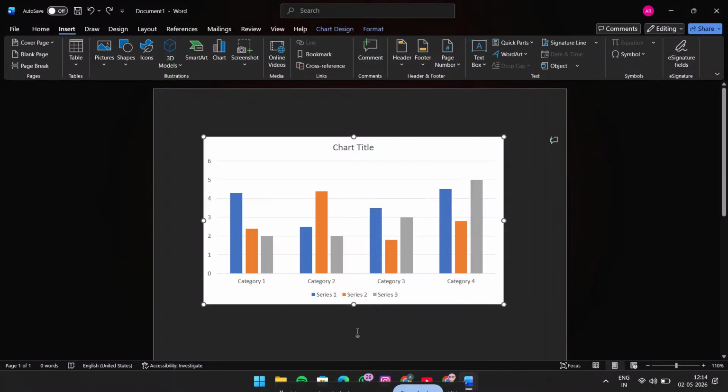Today, I'm going to show you how to add background images to charts in Microsoft Word in a simple, fast way. This is a great trick if you want your charts to look more polished, more branded, or just a little more visually interesting inside your document. Whether you're making a report, presentation handout, or a business document, this method can help your charts stand out